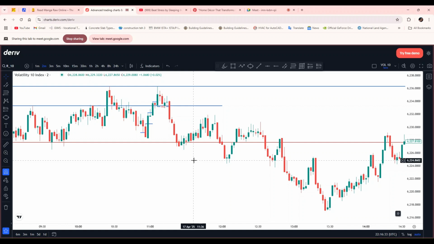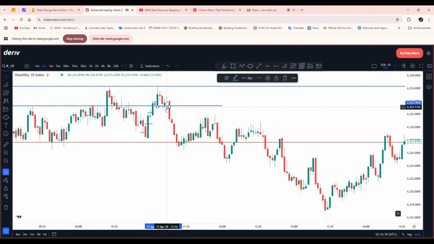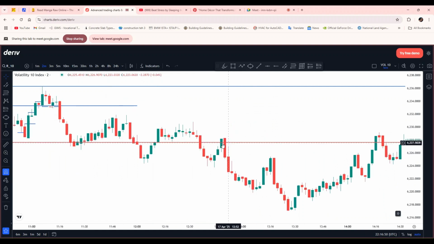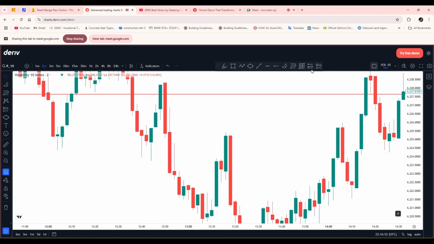Raw market structure. That's all it is. Yes, you can make a strategy out of it by waiting for the shift in market structure here. I guess you can call it a strategy, but this is all raw market structure. That's all you're looking at, right? Even looking at this area